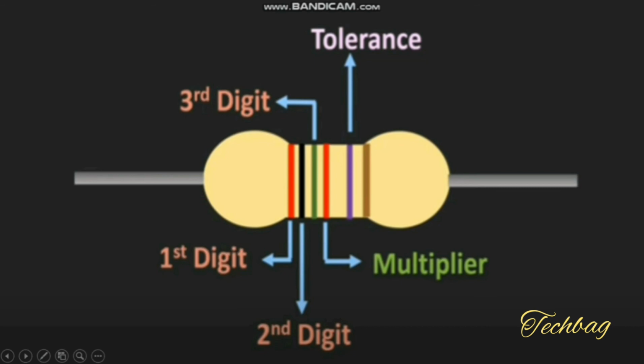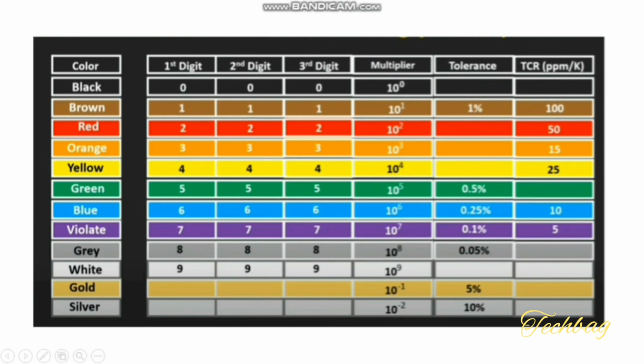The fourth band is a multiplier. The fifth band is a tolerance band, and the last band, that is the 6th band, represents the temperature coefficient of that resistor. And this one is the color coding chart for this 6 band resistor. The calculation of resistance value is similar to that of the 4 band and 5 band resistors. In addition to that, here you have to include one more parameter, the temperature coefficient of that particular